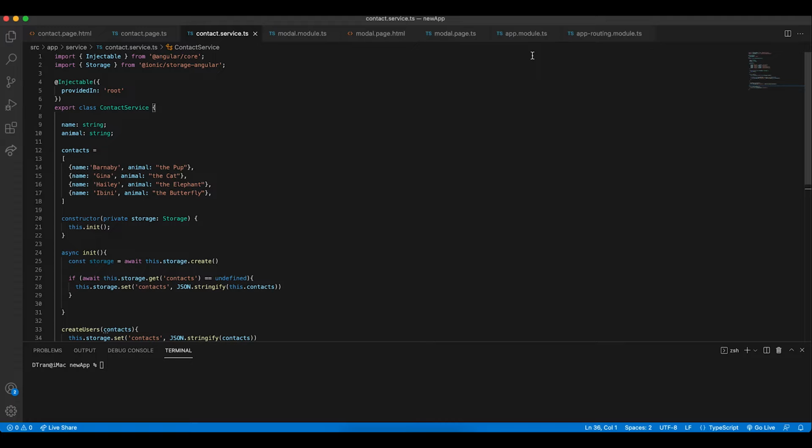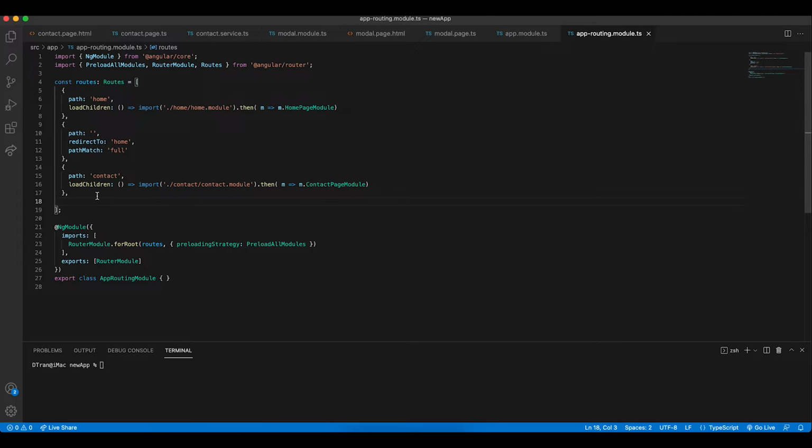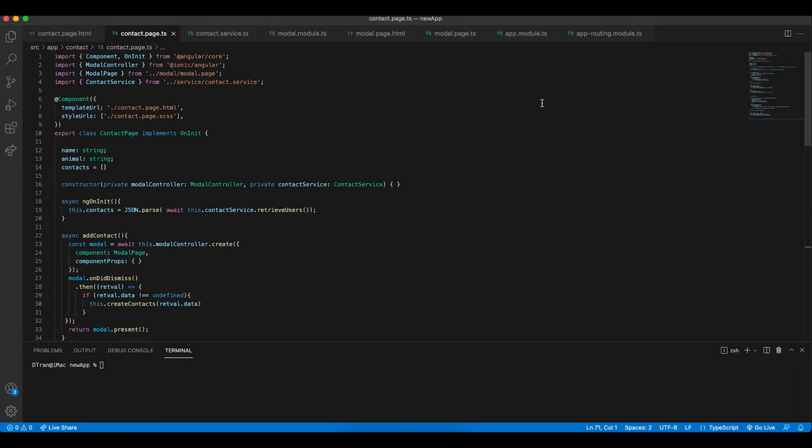Now to have your Ionic storage successfully work, you need to make your way to the app.module.ts page. Import the Ionic storage module from the Ionic storage Angular module that you just imported using the command, as a root module for your entire app to be able to use it. Just make sure that you input the correct command, and that no files or unexpected paths were created. Once you've made sure that both of your commands were imported correctly, you would then make your way to the contacts.page.ts